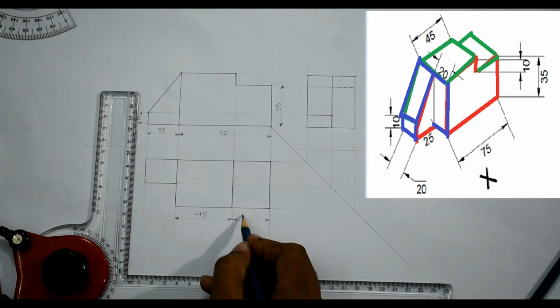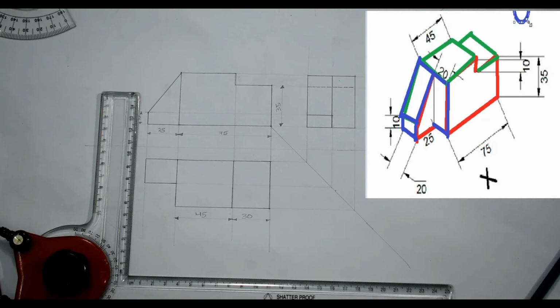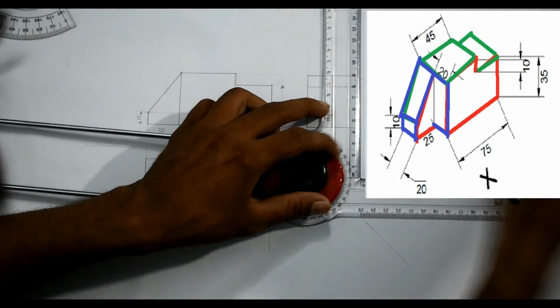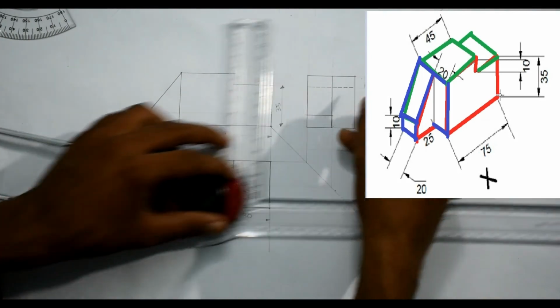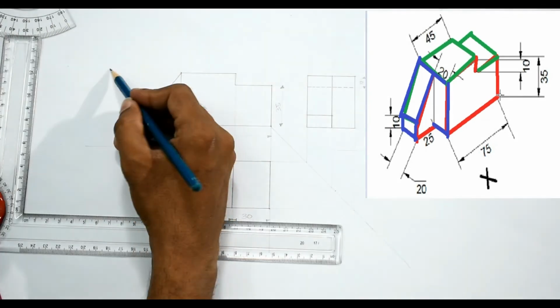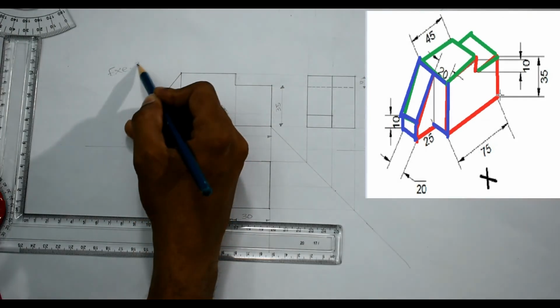This is 30. Actually, we need not mention it here, but as we have calculated 75 minus 45, I am mentioning it here. Even if you don't mention it, it will not be wrong. And also this portion is 10 mm. Our exercise number 3.